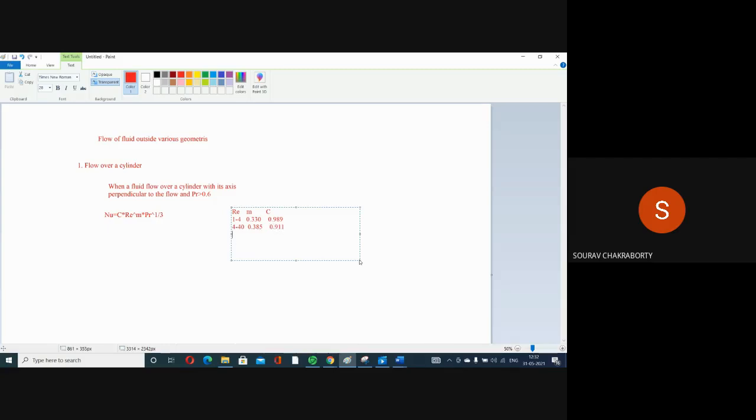If your Reynolds number is in between 40 to 4 into 10 to the power 3, in that case, the value of m will be 0.466 and